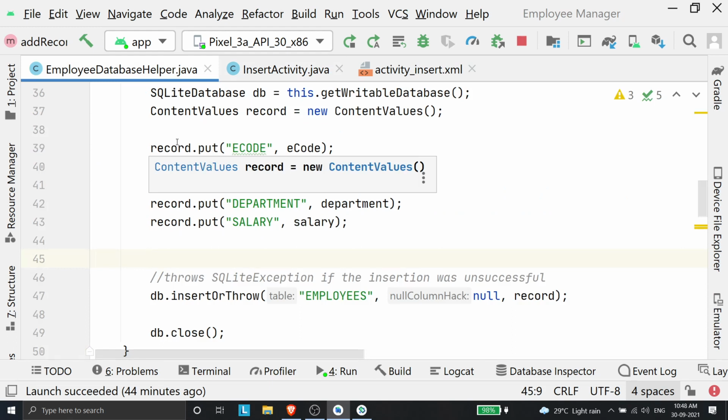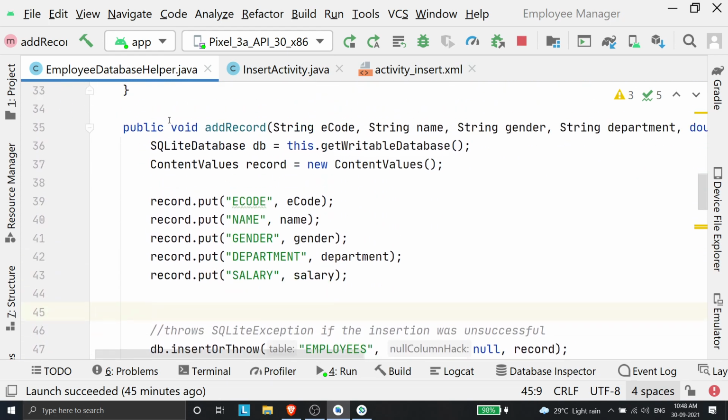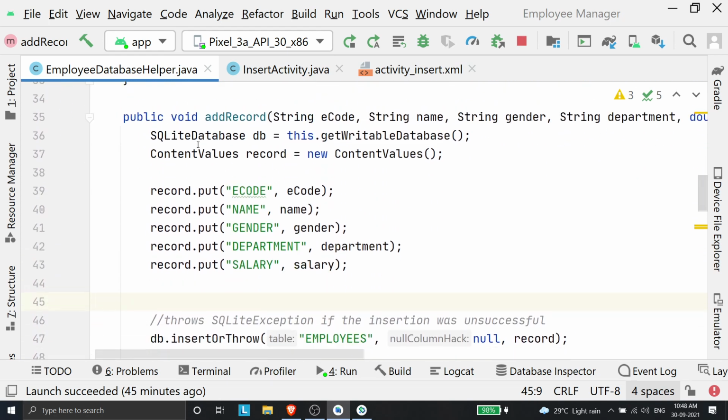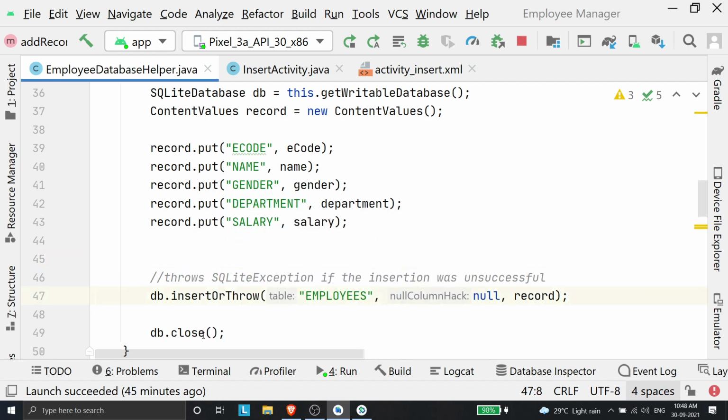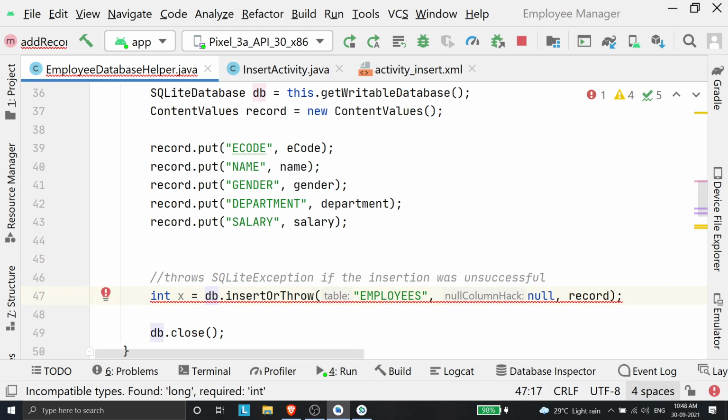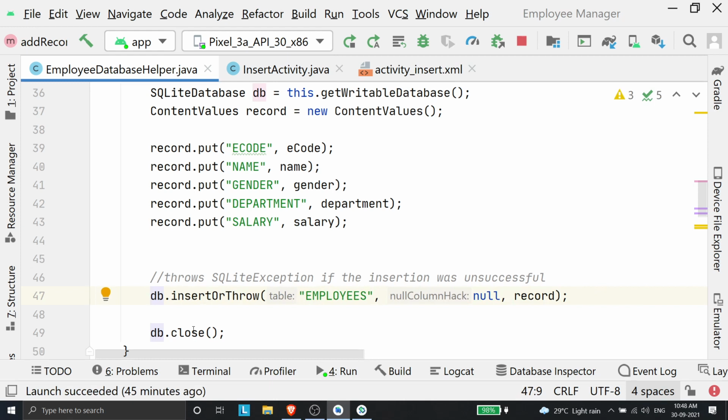Otherwise, if I use db.insert, instead of returning void, I need to return the int. It would be something like this: int text equals db.insert, and then I'll return the text, which says how many records were inserted. If the inserted records were 0, that means nothing was inserted, so I'd again display an exception. But this is much more straightforward, so I'm using this.